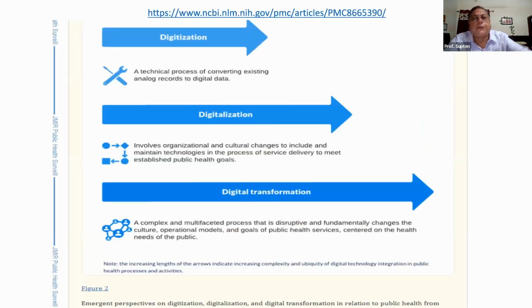Now, three more terms which we need to have some idea about. First is the simplest. We have all heard of it, digitization. What is digitization? The process of converting analog to digital. Earlier, we had analog television. Now we have digital television. Analog computers are digital computers. Now, even the analog clocks and watches are being replaced by digital clocks and watches. So that is when you convert anything from analog to digital, paper to electronic, that is digitization.